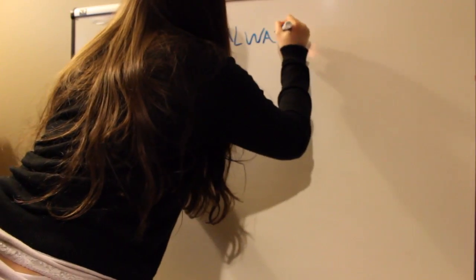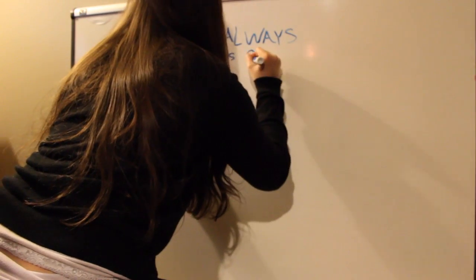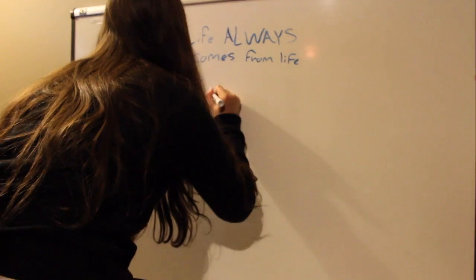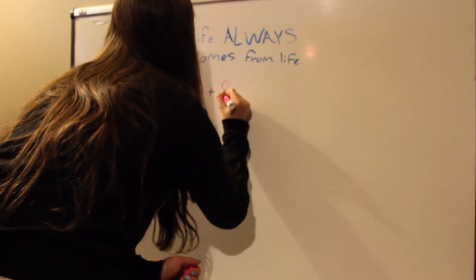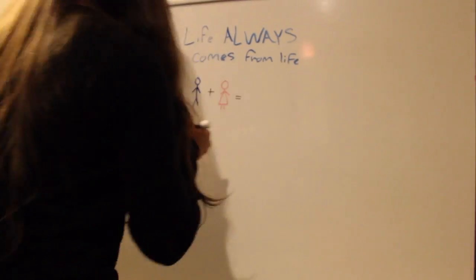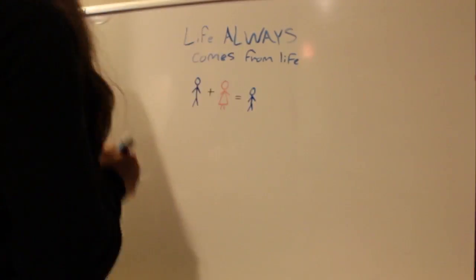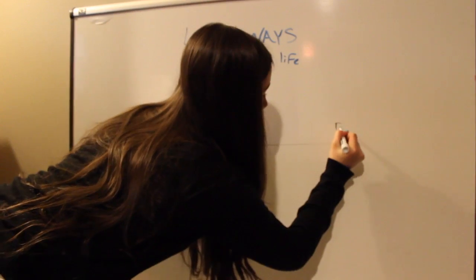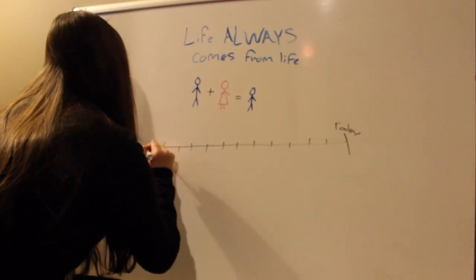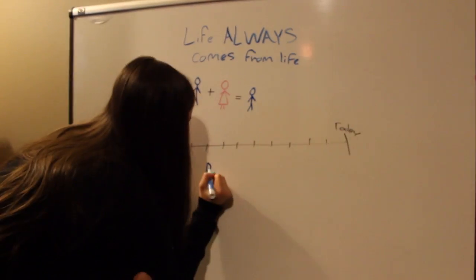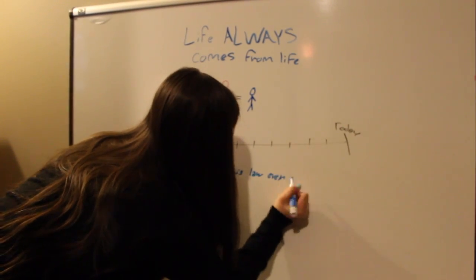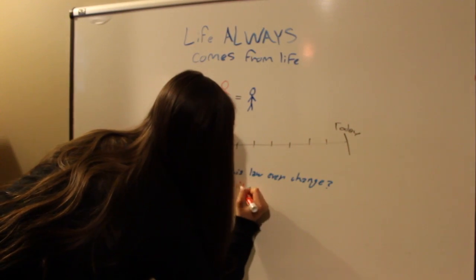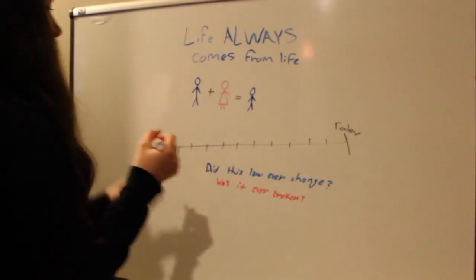So what does evidence reveal about this? Well, it's clear that life always comes from pre-existing life. That's clear with every living thing on Earth. So what scientists are questioning is, could that law be broken? Could that fundamental law have ever been broken? They're suggesting that if we go far back enough in time, maybe we'll find a break in it, or we'll find a way that life could really spring from non-living chemicals.